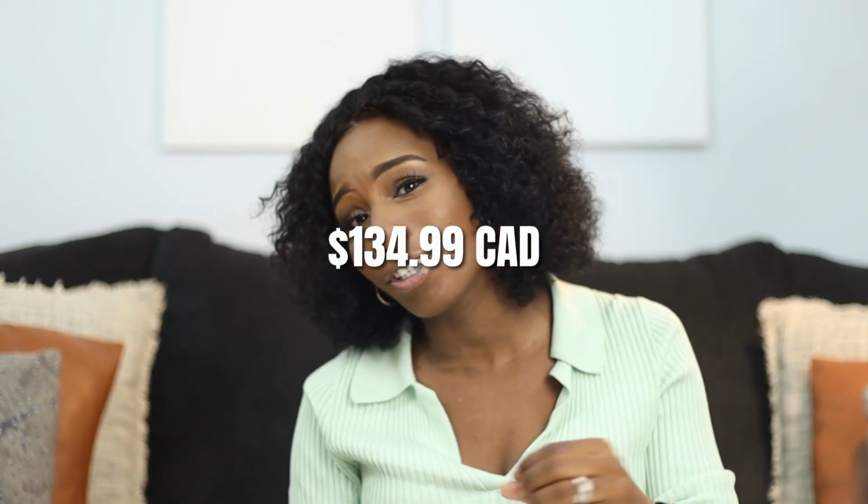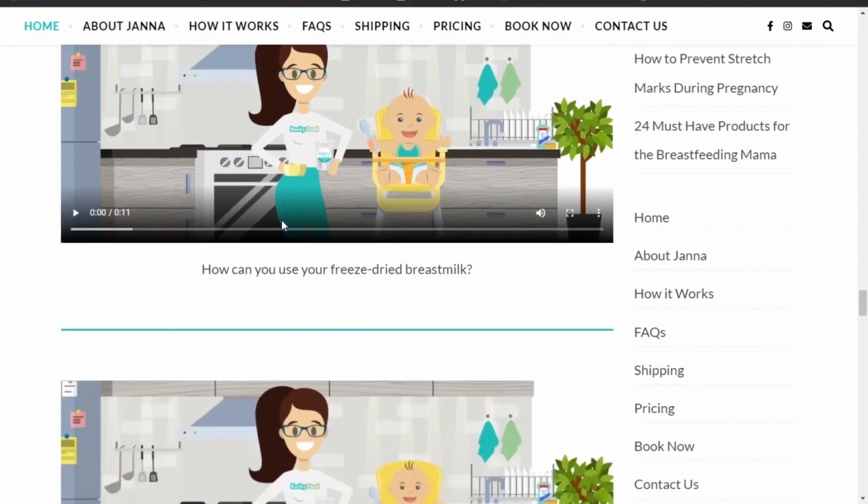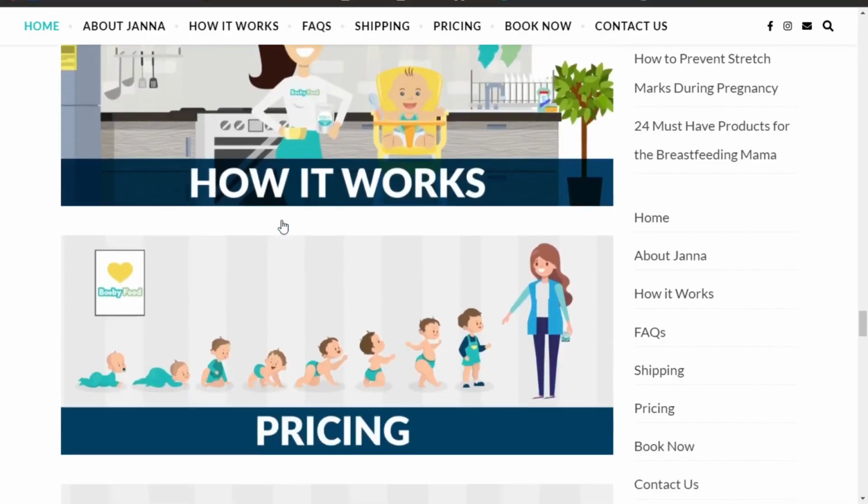What we want to do is make sure that we're giving our babies exactly what they need in the best ways possible. So they have a very flexible payment package for you. You can do what they call a breast milk nutrition testing right at the beginning for only $134.99. All of their information is on their website, and they are written out in Canadian dollars